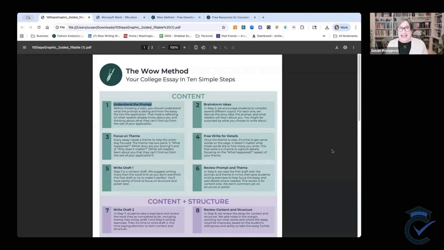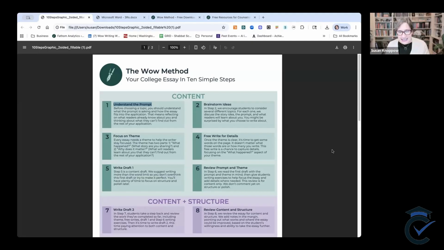So I want to make sure they get it, because if the student is asked what is the purpose of the Common App personal statement, and they write, to show how unique I am, to make me stand out from everyone else, I know that they didn't read and they didn't watch my video. Because in both of those places it says, it is not the purpose of the Common App personal statement to show you how unique you are. The purpose is to find out something about you beyond grades and scores. I don't care if they write it word for word, if they copy and paste it out of my instructions. I want to make sure they understand the prompt.